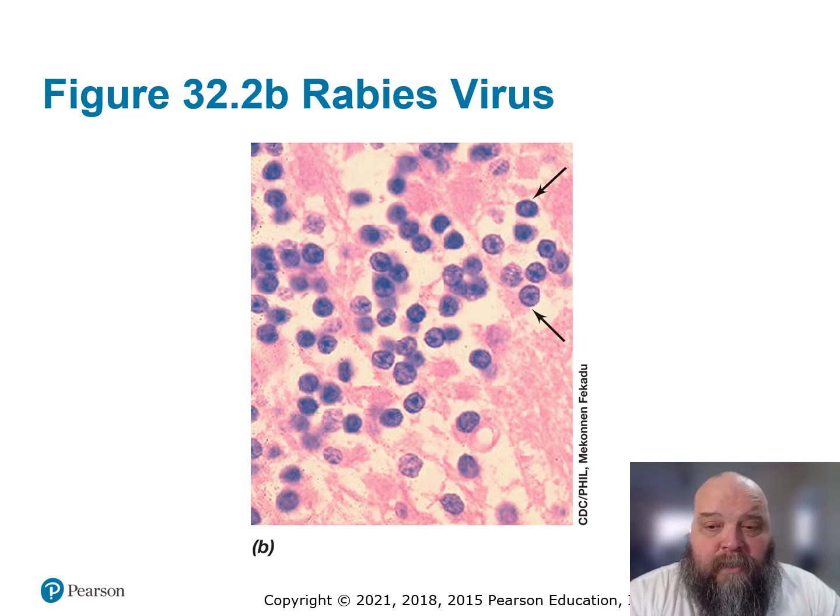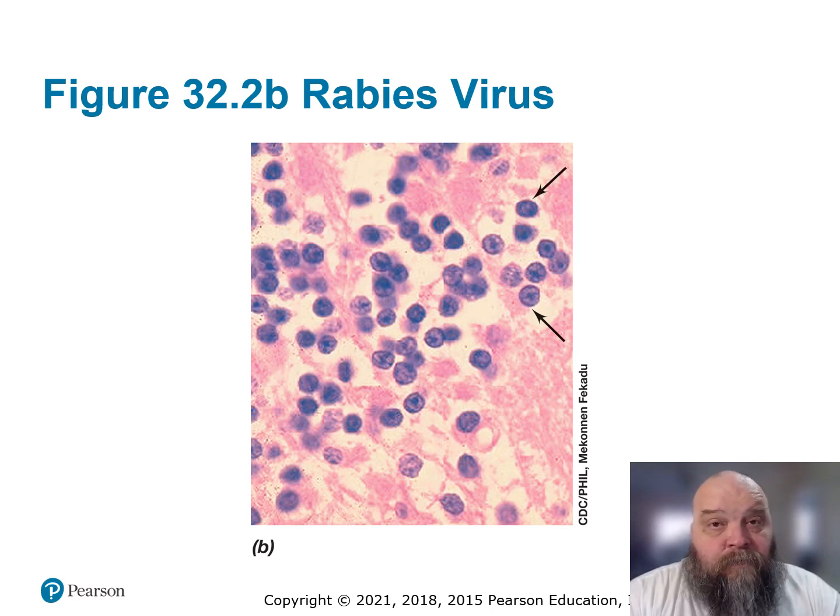Here you're looking at a tissue sample from an infected animal. What the arrows are pointing at are what are referred to as Negri bodies. These are inclusions within the nerve cells, the neurons, where you get clumps of virus proteins. You get clumps of maturing viruses. So this is what they go and look for. You can only find this in brain tissue.